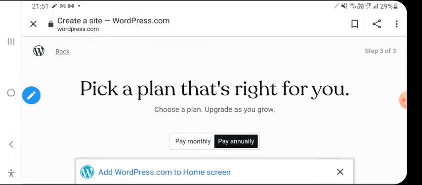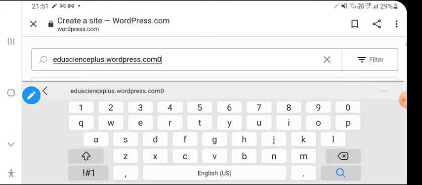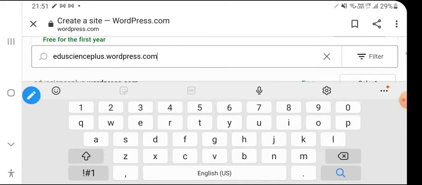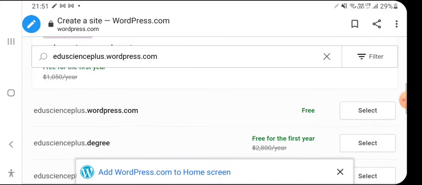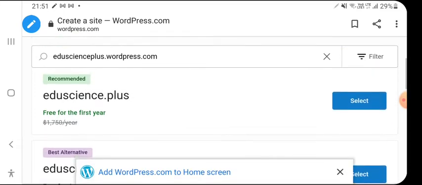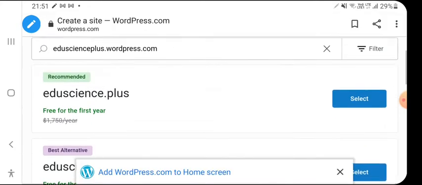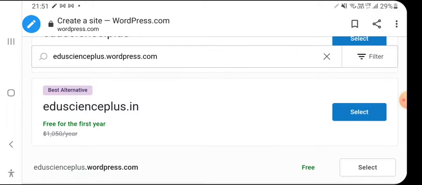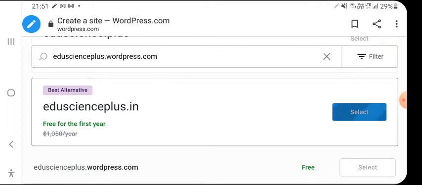Okay, so now first of all we will get back. Now the options which we are getting, we can see that this is free. eduscienceplus.in is also free, so we can take this because that is free, which is the best alternative. Okay, so we take this.